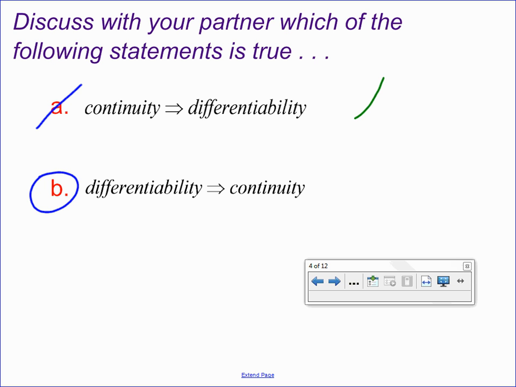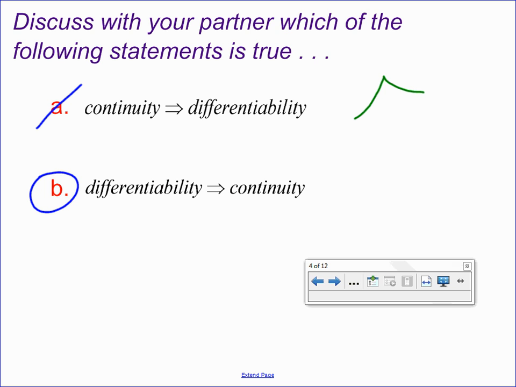Absolutely. If there's a corner or kink or cusp at x equals c, the function is continuous. That is, the left-hand function value is approaching the same y coordinate as the right-hand function value, and so the overall limit exists. The function is continuous, and it equals that limit because it's filled in. Right? That's a filled-in circle, and yet the function is not differentiable at x equals c because the left-hand slope value does not match the right-hand slope value, and so that's a perfect example. We also have a